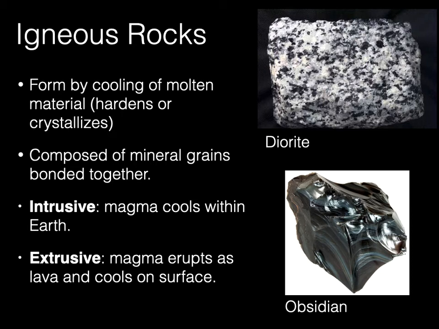Versus this stuff, which cools super fast, it actually becomes a glass. It cools so fast that no crystals form at all. So this is a volcanic glass. This is obsidian. This is what we make arrowheads out of, by the way. So tabletop versus arrowheads. And you know what? Sometimes these can be exactly the same stuff. Same composition and everything. All the minerals are the same. Right? All the elements are the same. And you get two totally different things just on how they cool.